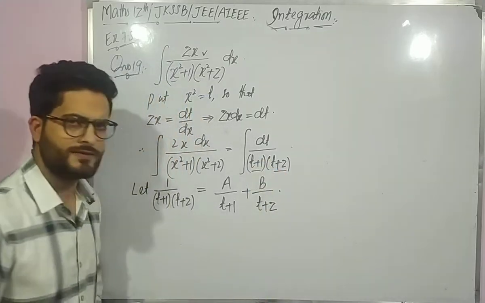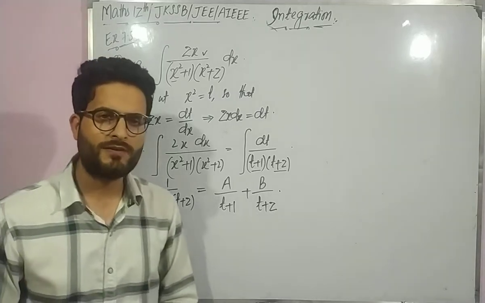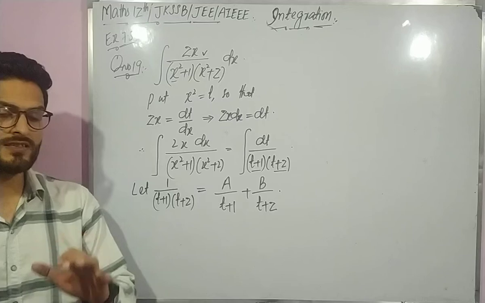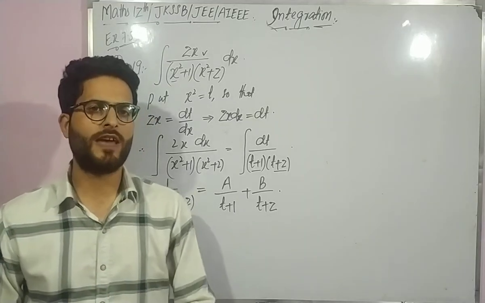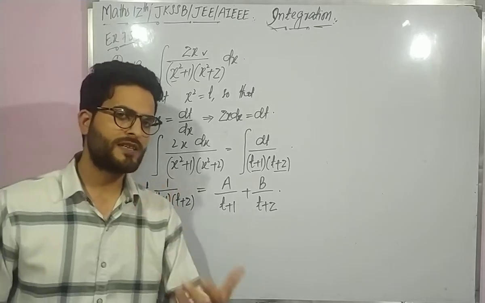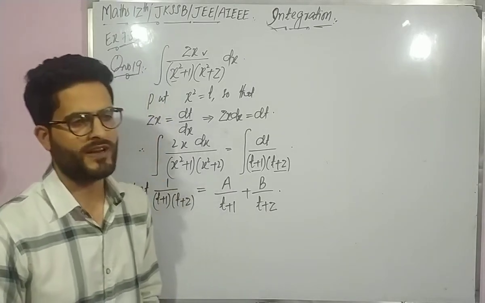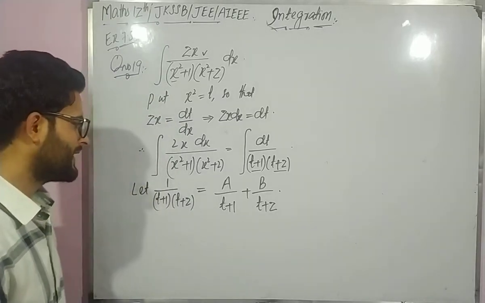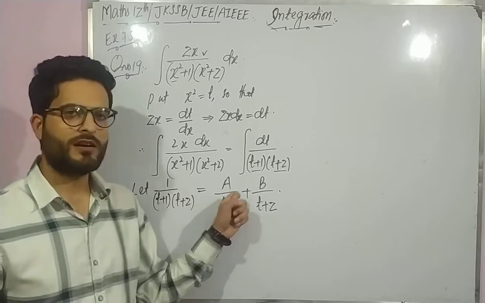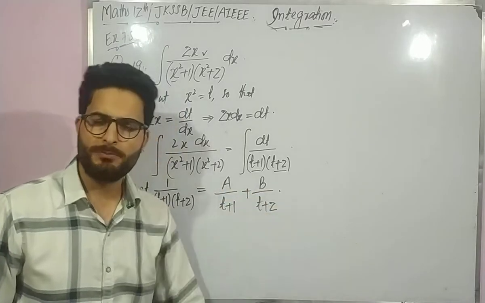As we discussed when we started the concept of integration by partial fractions, we discussed how many types of proper rational functions we can have, and we expressed those proper rational functions in terms of their partial fractions. So you can have a look at that lecture, and there you will get why it has been represented as a divided by (t plus 1) plus b divided by (t plus 2).